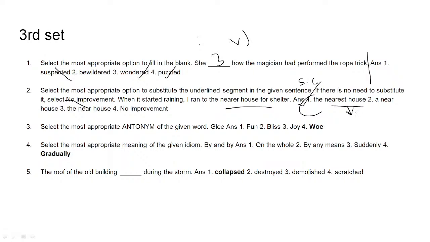Nearest means what? Superlative comparison, right? In short, I'm writing super. But superlative comparison हम कब use करेंगे? जब हम सब में कंपेयर करेंगे, राइट? There are many houses in that area, 10 houses, many houses, तो उनमें से जो नजदीक था, सब हाउस में से जो नजदीक था, that is why nearest. लेकिन nearer मतलब क्या? मतलब दोनों हाउस हैं, सो उनमें से जो ज्यादा करीब था वो, लेकिन nearest मतलब सबसे करीब.